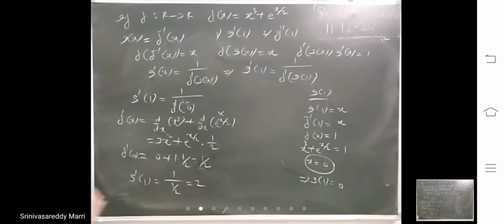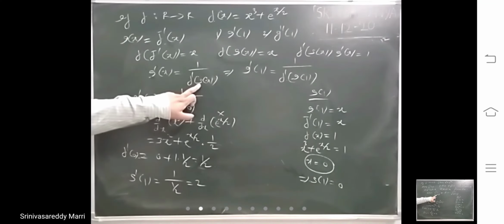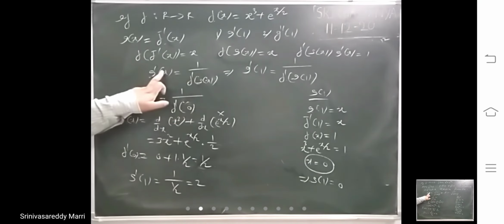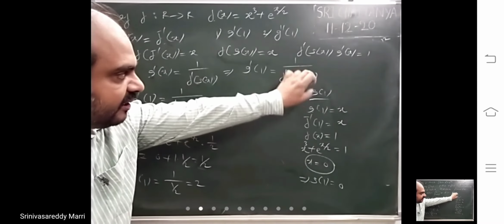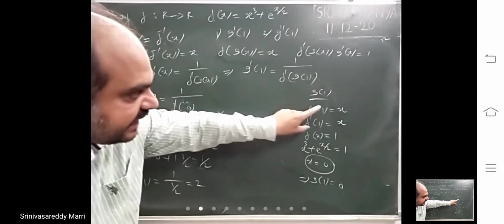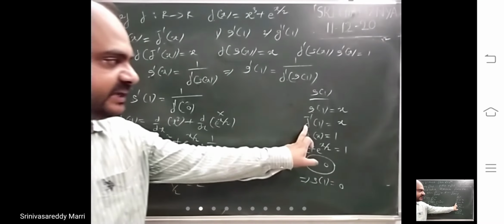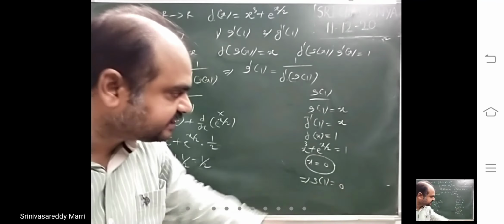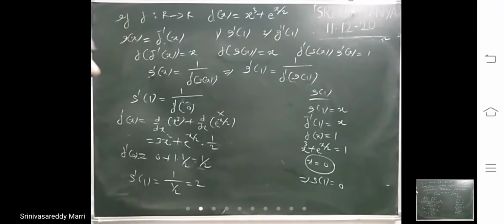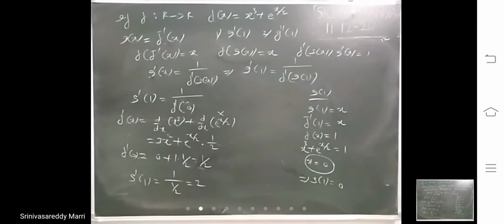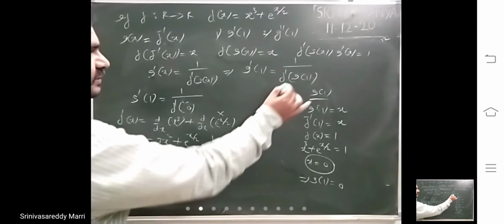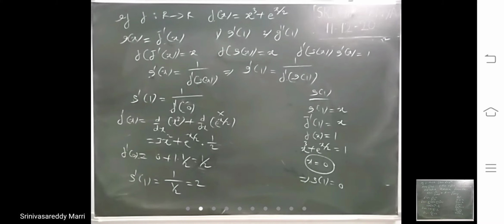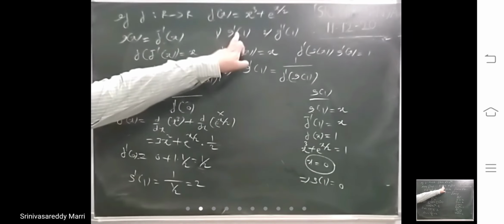Look, till here it is the same procedure as the previous problem. You substitute 1. Here you want g of 1. How to calculate g of 1: take that as x. So g of 1 is f inverse of 1 equal to x, that is f of x equal to 1. F of x is this. You will get an equation, and for that you calculate x by trial and error. X equals 0. X is nothing but g of 1, so substitute 0 here. So you have to calculate f dash 0. You can easily calculate by finding the derivative and then substituting. So this is the first derivative, g dash 1.